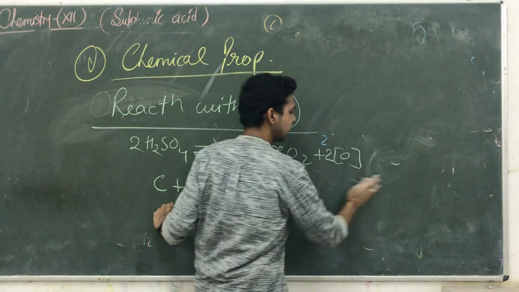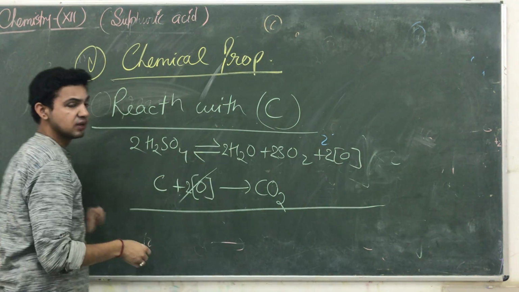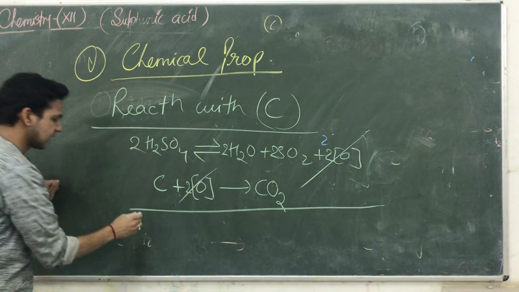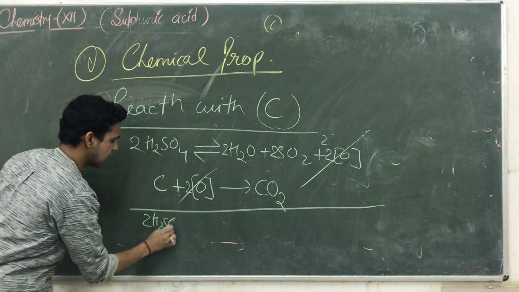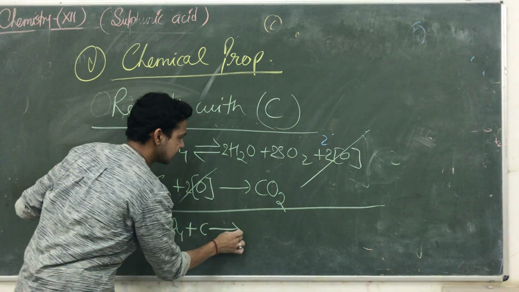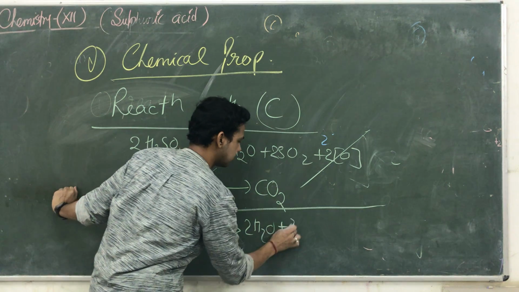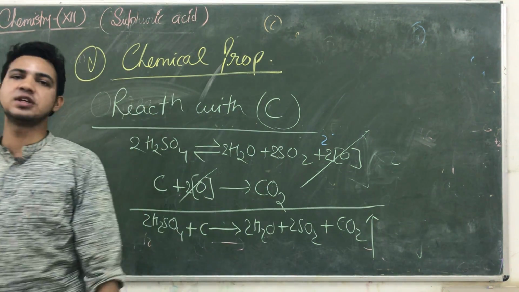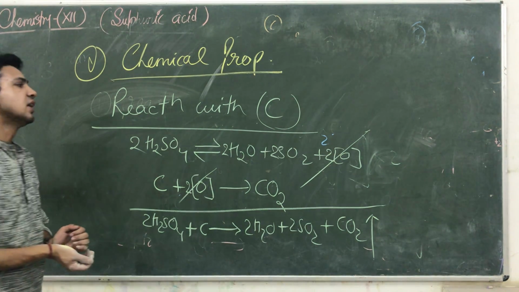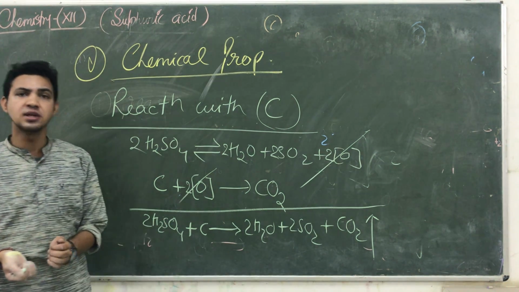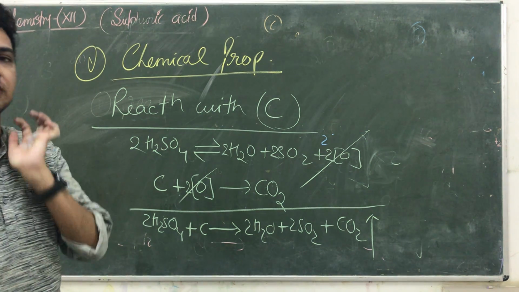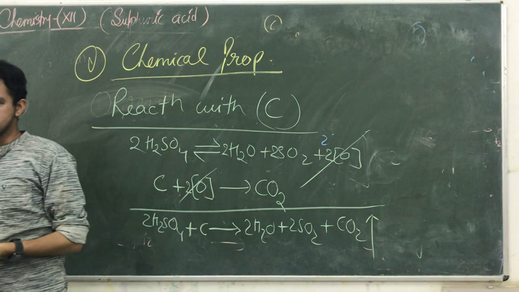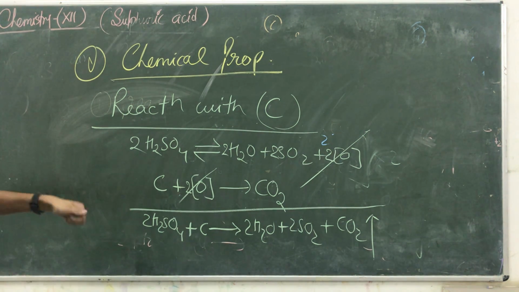अब इसको क्या कर दो, रिमूव कर दो. So in the next one, this 2O is consumed by the another 2O. So the overall reaction is twice H2SO4 plus carbon is equal to twice H2O plus twice SO2 plus CO2. That is the reaction of the sulfuric acid with carbon. ये सल्फ्यूरिक एसिड की रिएक्शंस है किसके साथ, कार्बन के साथ, जिसमें कार्बन किस फॉर्म में लिबरेट होता है, लार्ज अमाउंट ऑफ CO2 की फेज में. These are the general reactions that take place in case of this compound.